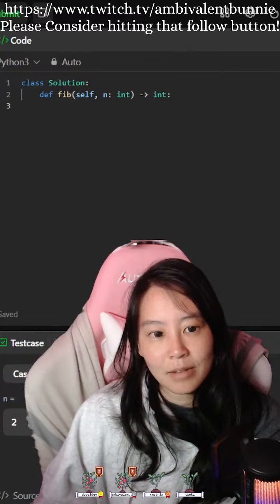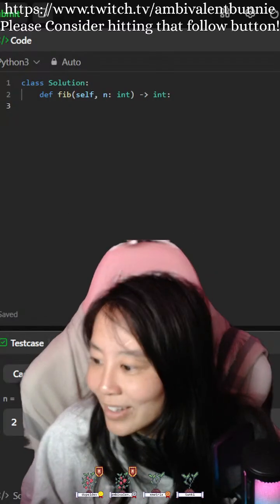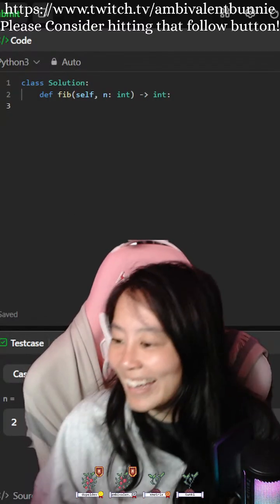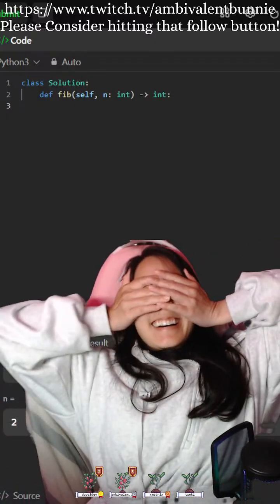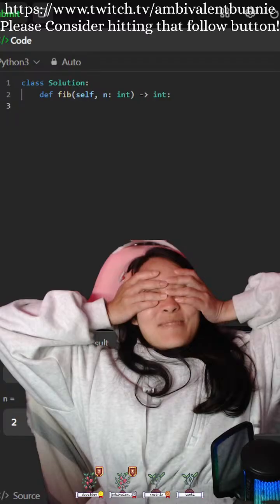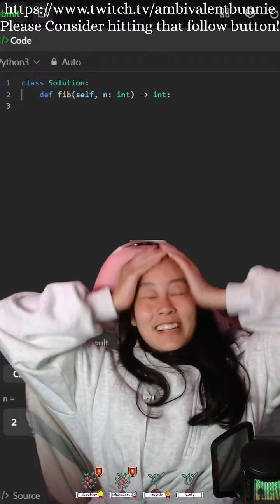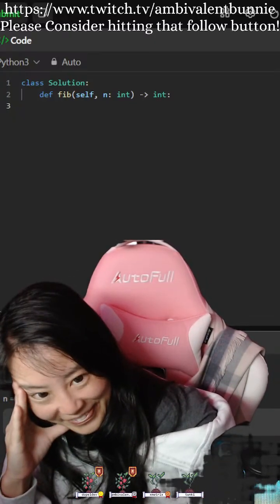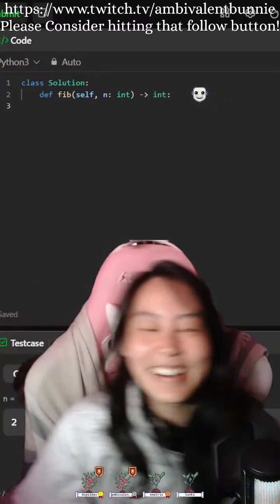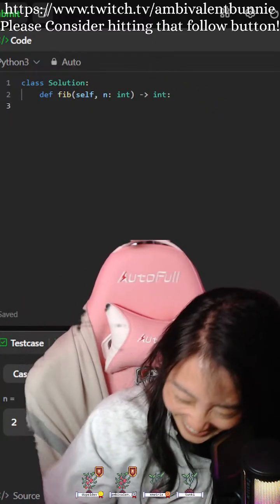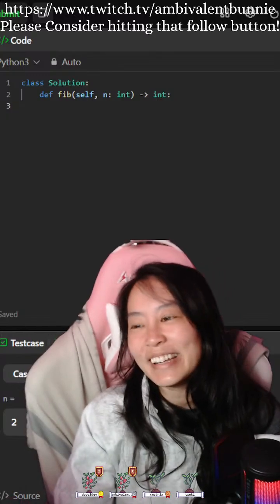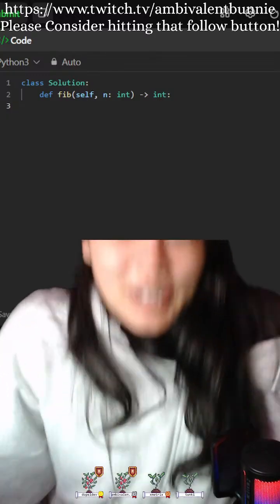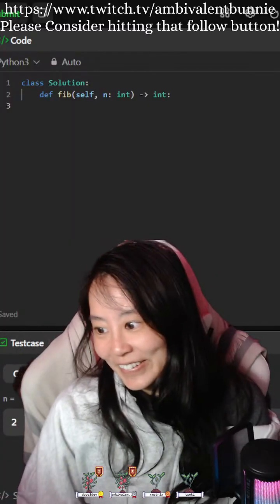F equals n minus 1. Okay, so... Oh my god. Okay. But recursively, they want us to do top down. Can I just do bottom up? Okay, but I guess that wouldn't really show me what...